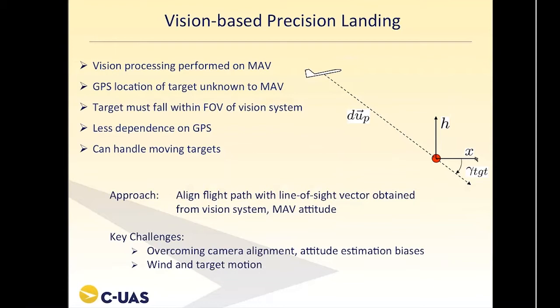We've done some what we call vision-based precision landing. The idea here is that if you align the line of sight vector from the aircraft, what it sees, to the target, the vector from the aircraft to the target in the vision system, with the flight path, or sorry, you align the flight path with the line of sight vector, then that would cause the vehicle to land on the desired landing point. The challenge is that there's a lot of alignment errors, whether it's due to camera misalignment